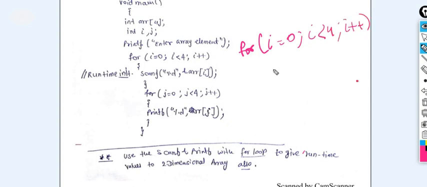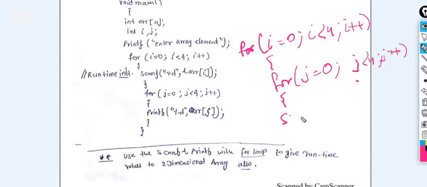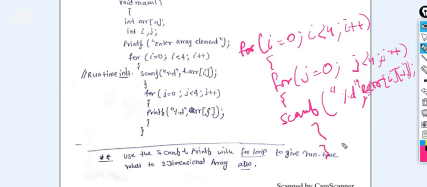For the nested loop, you again have to apply the for loop for the column, j equals 0, j is less than 4, and increment j. Next, inside the for loop you have to apply scanf, and in scanf you can insert the values with %d. I'm writing here %d, where the array is arr, and & will trace the address, then the array name is the variable arr, and you have to write here i and j, right? So both for loops' curly braces are over.